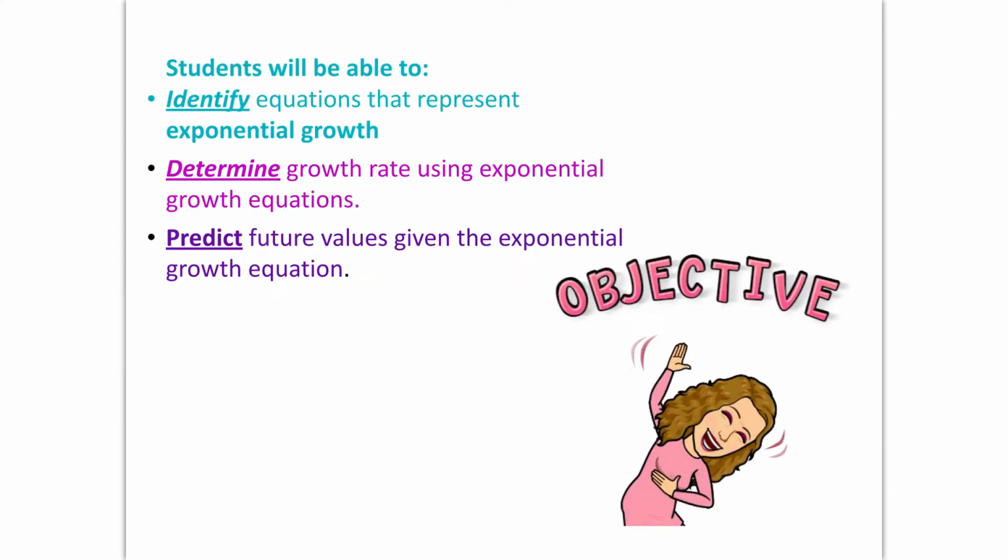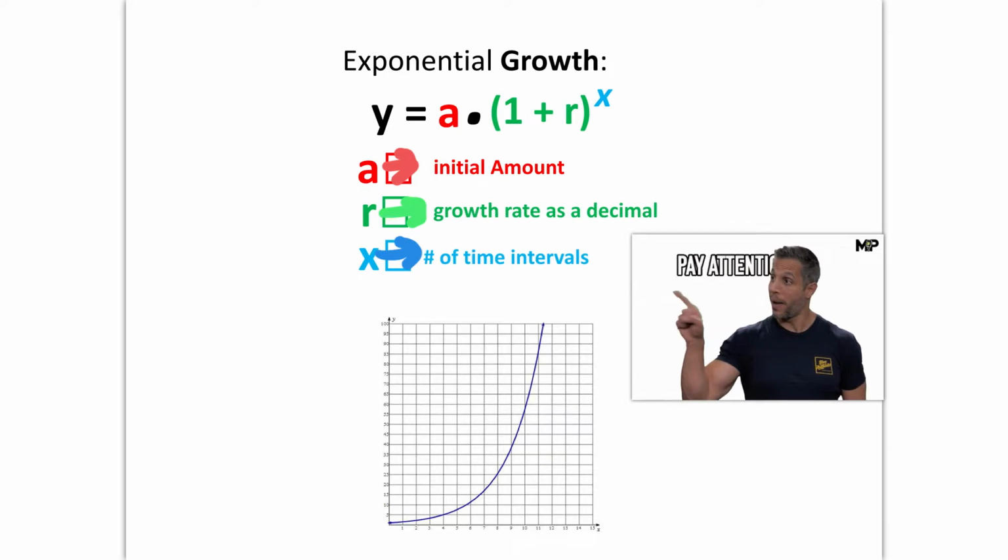In this lesson, students will be able to identify equations that represent exponential growth, determine growth rate using exponential growth equations, and predict future values given the exponential growth equation. So for exponential growth, this is the standard equation: y is equal to a times the quantity of 1 plus r to the x power. Now, a is the initial amount, how much you started with. R is your growth rate as a